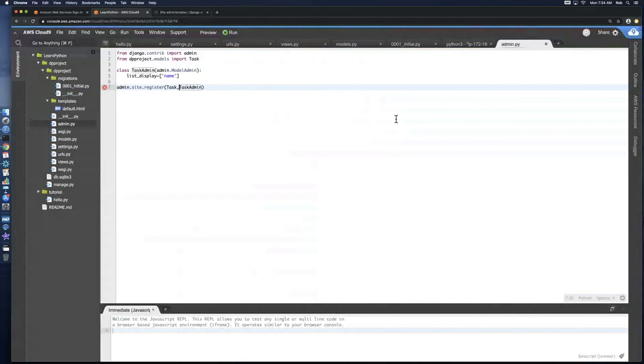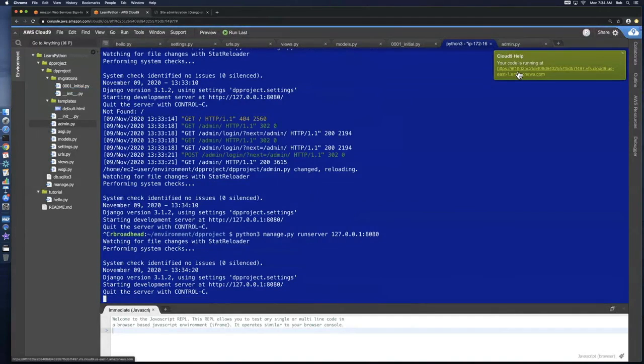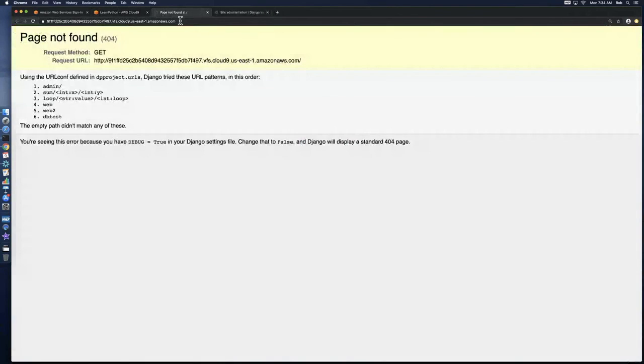So task uses task admin. And then I need to restart my server. And then if I take a look at it and go log in,